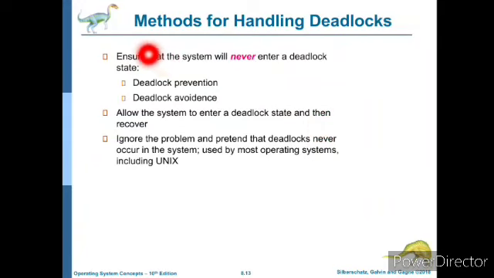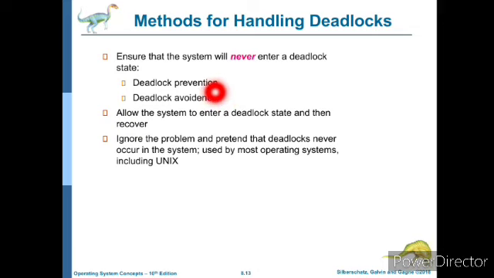Okay, we'll start with the next topic in deadlock, methods for handling deadlock. There are three ways you can handle the deadlock. First solution is, we need to use a protocol to prevent or avoid deadlock, ensuring that the system will never enter a deadlock state. That is, to ensure a deadlock never occurs, the system can use either deadlock prevention or deadlock